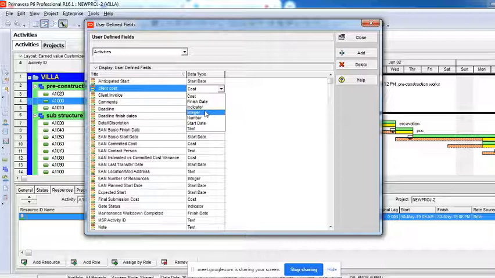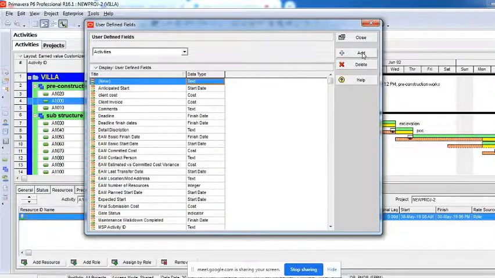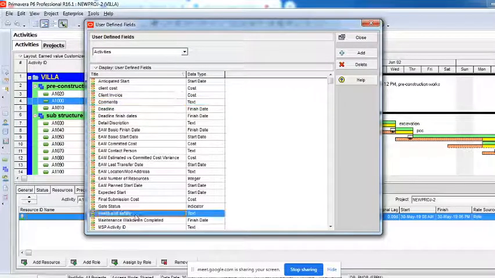If you want indicators, that is okay too. I'll add one and call it health and safety, and I'll make this an indicator.